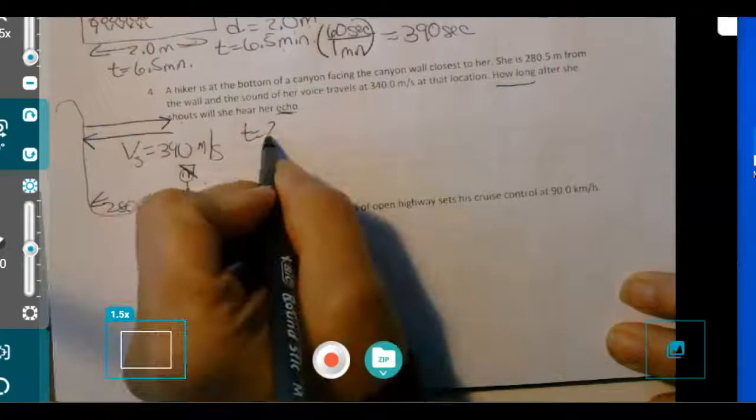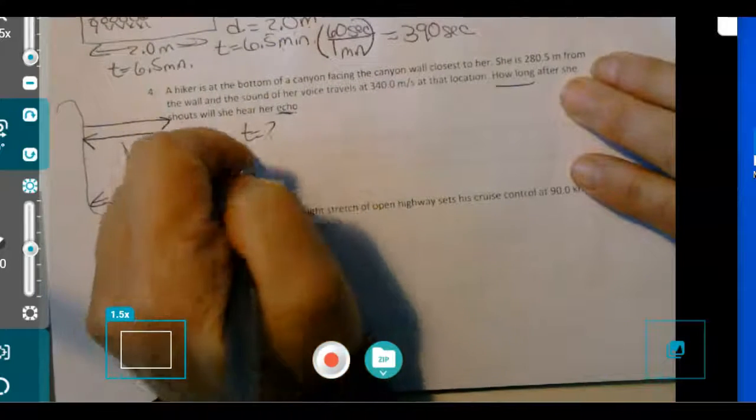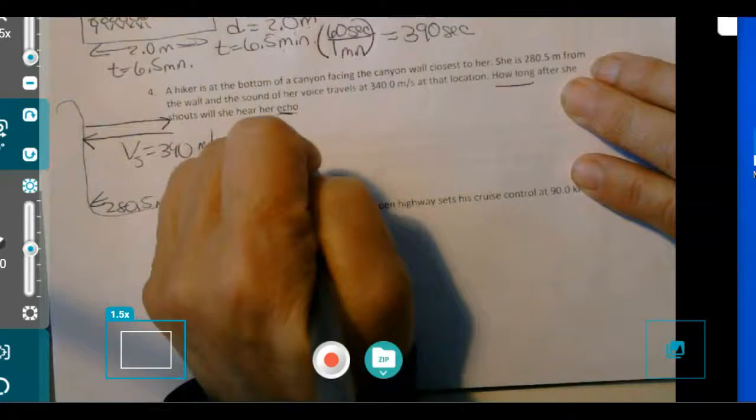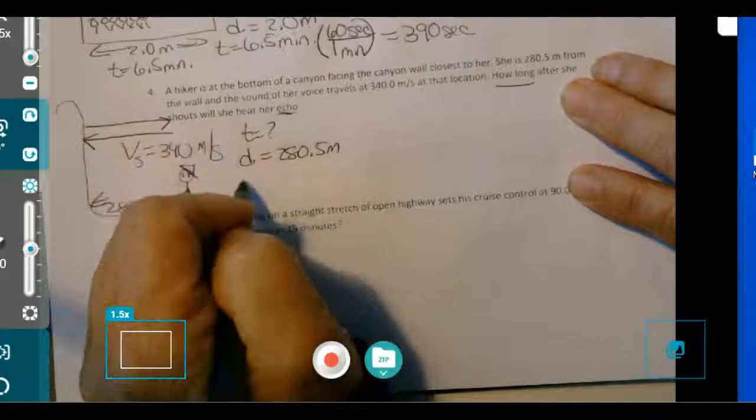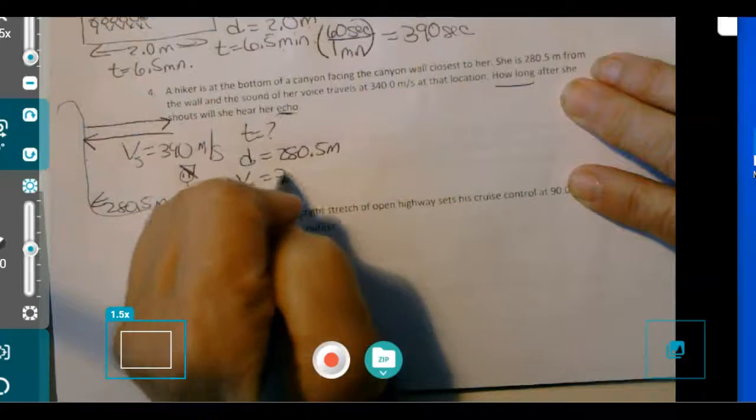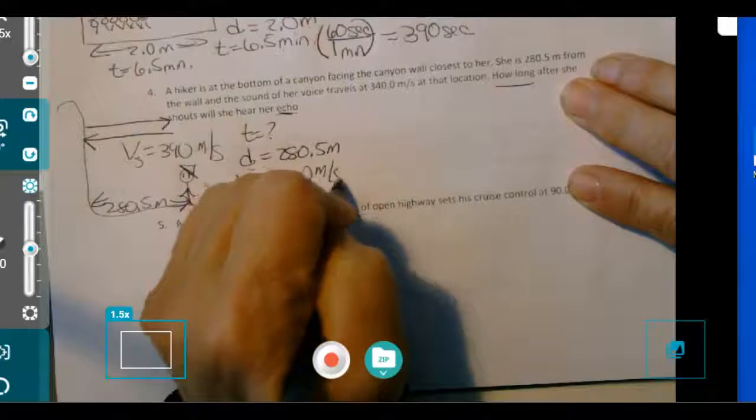So now let's list our knowns. So distance is 280.5 meters, and the speed of sound is 340 meters per second. So we're going